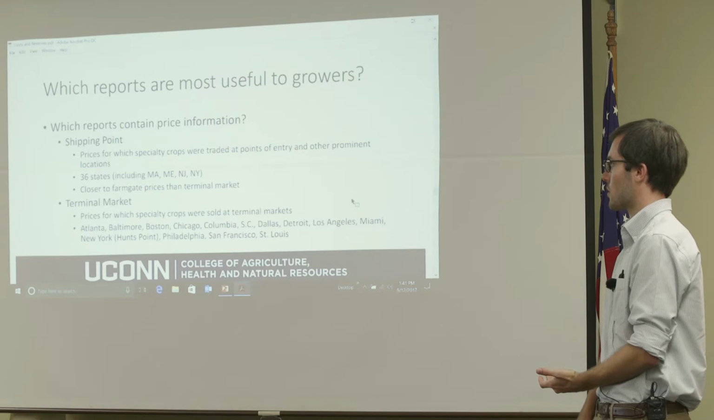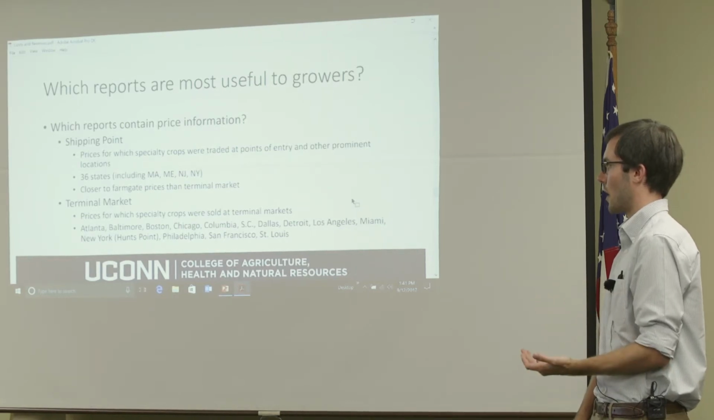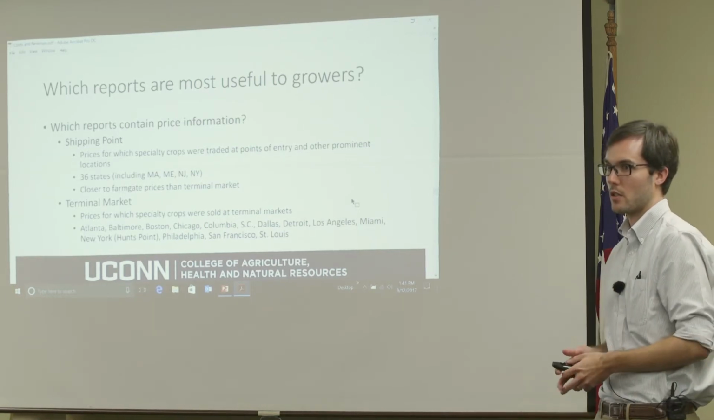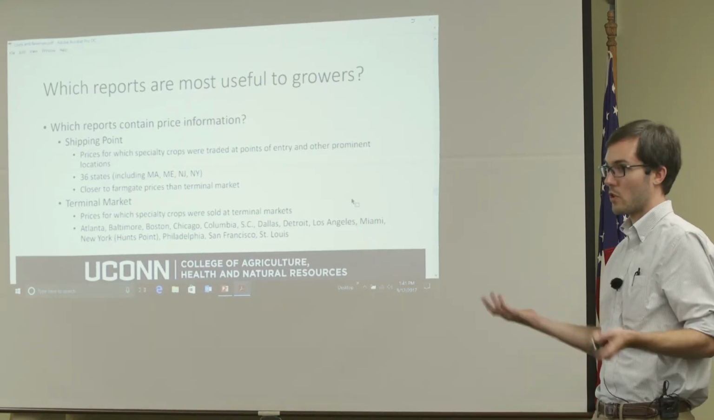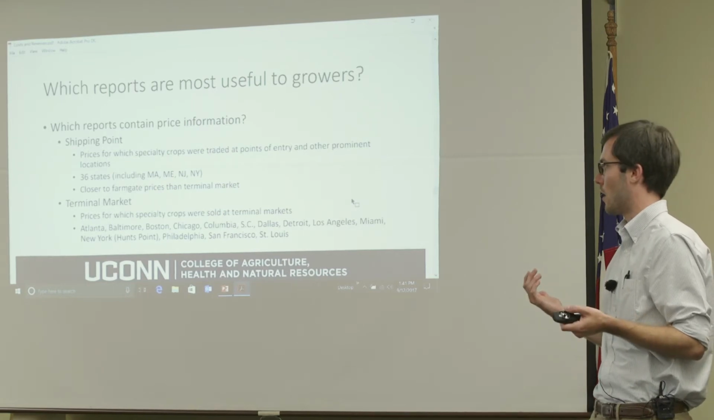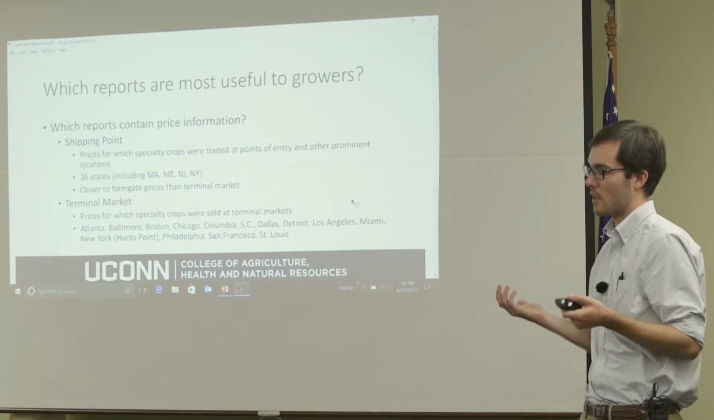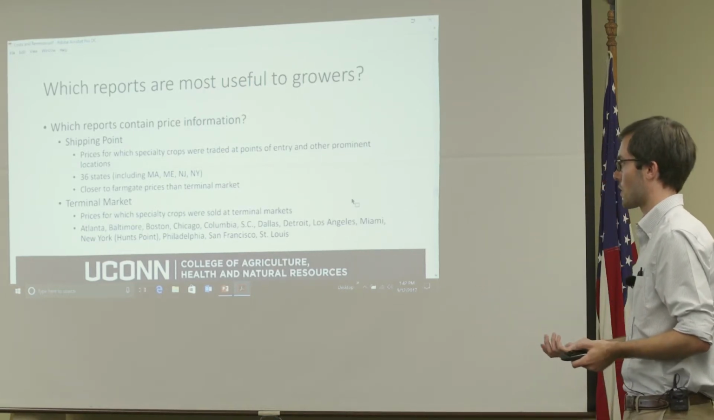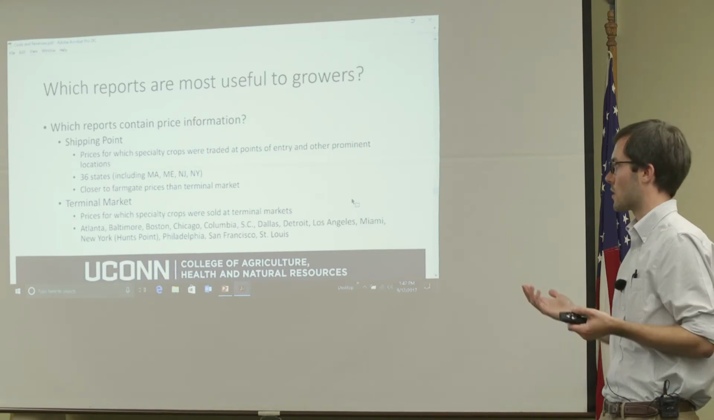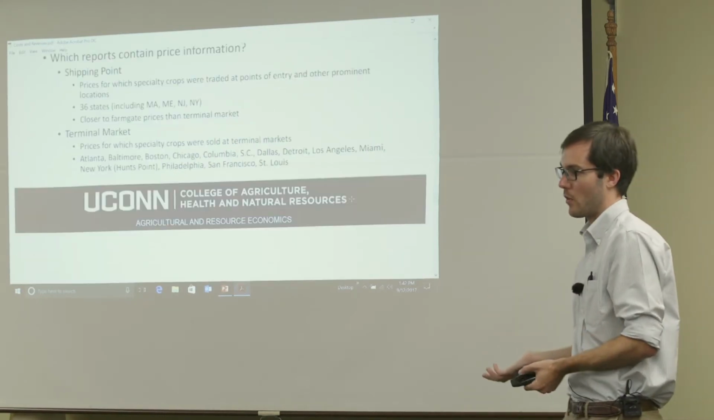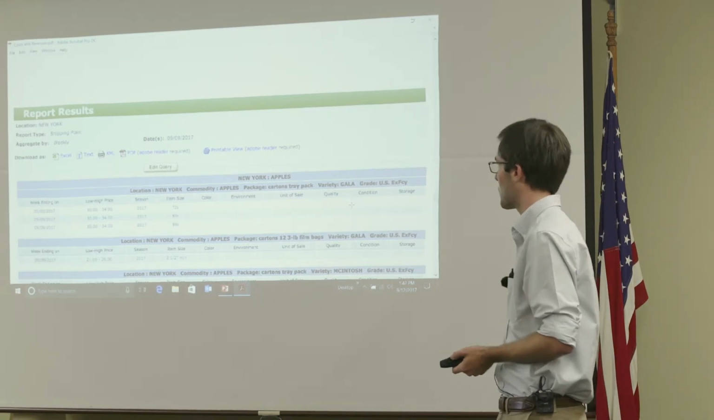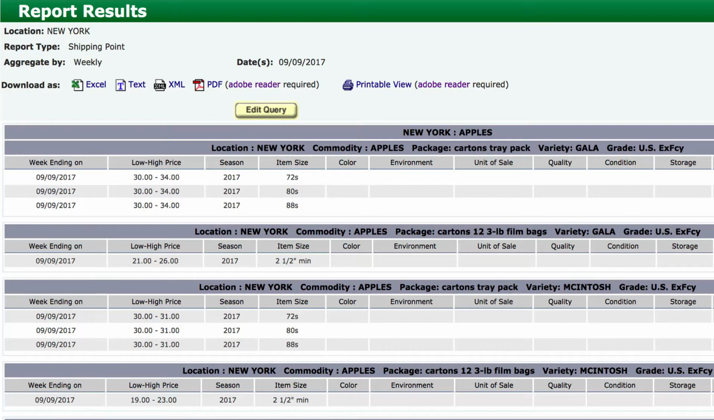The terminal market prices show the prices that are being paid for specialty crops at 12 or 13 different terminal markets, including Hunts Point Market in the Bronx. So these are wholesale markets, and again, it's not necessarily the price you're going to be receiving for your fruits and vegetables, but it shows you trends and it allows you to see, well, what's the price for Gala apples relative to Honeycrisp apples or Macintosh apples. And so this is what one of the reports from the Shipping Point market news